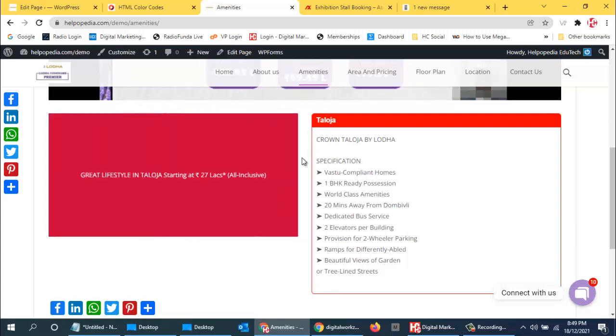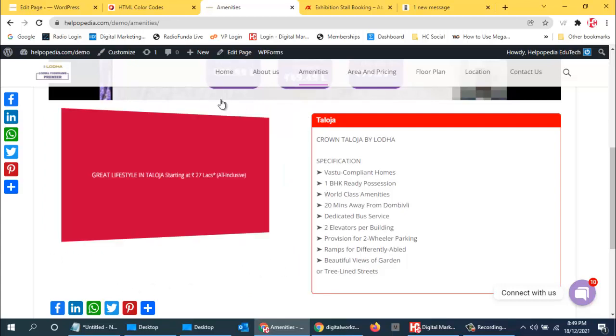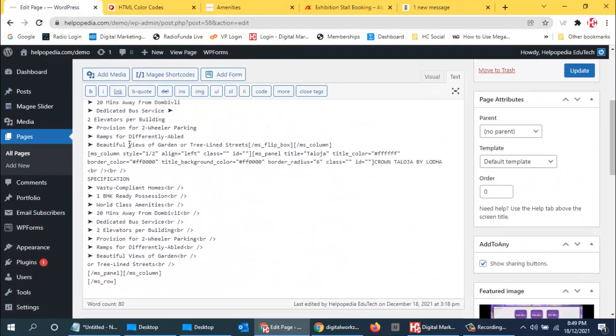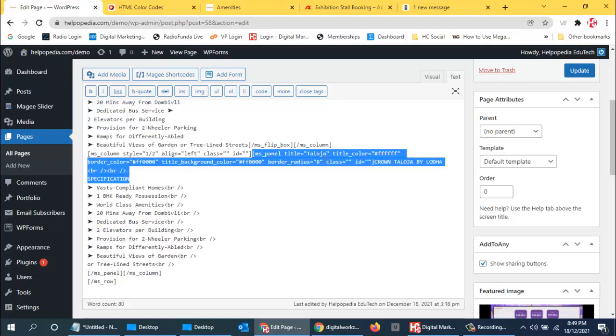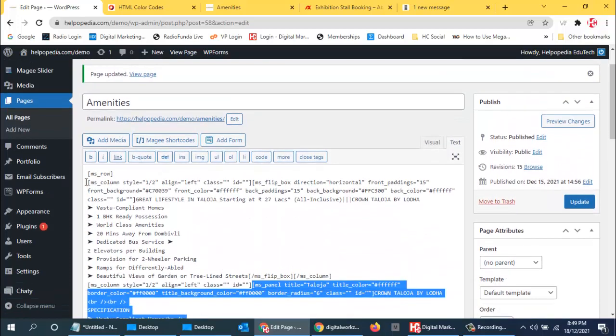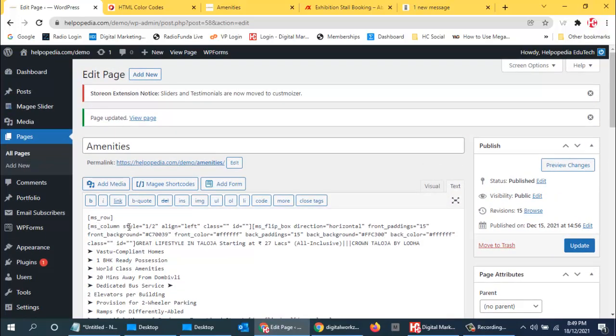So just let us see how the two panels look. Over here this is the column style 2, and this is half column, this is second column. So this first column is done. So I'll copy this column over here. Copy, and instead of that I will use this ms row, and this is column half, and from here flip box. So now we are going to remove the flip box.